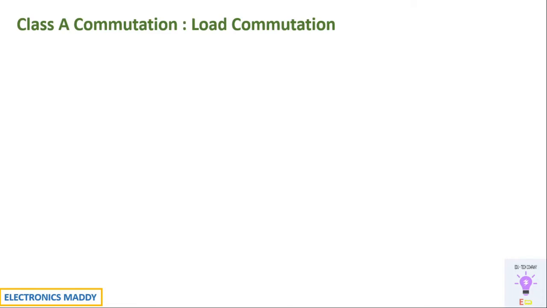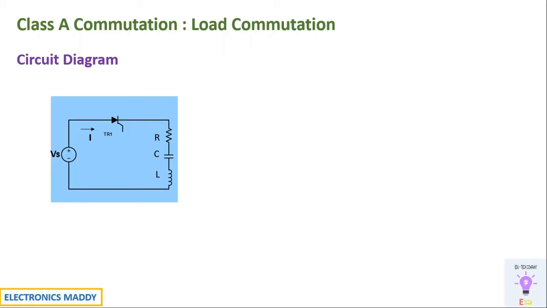In this video, we're going to see the design and simulation of Class A commutation, also known as load commutation, in MATLAB. So let's get started. This is a circuit diagram of a Class A commutation circuit. This is one of the methods of turning off thyristors, that is, the load based on C and L values. We will be able to develop sufficient voltage here, and that reverse biases the thyristor, and consequently it will go into turn off mode. Since the load is used to turn off the thyristor, it is called load commutation. So how do we achieve this in MATLAB, and how do we design the circuit? We will be referring to them in our next slide.